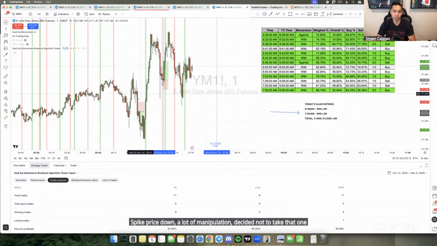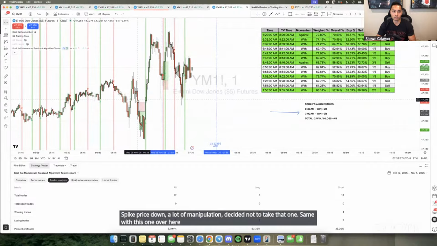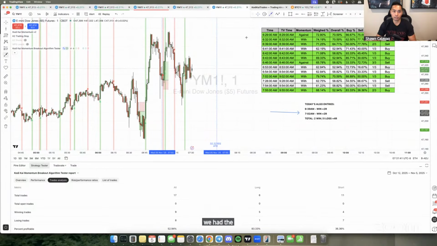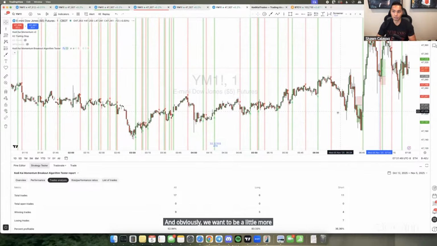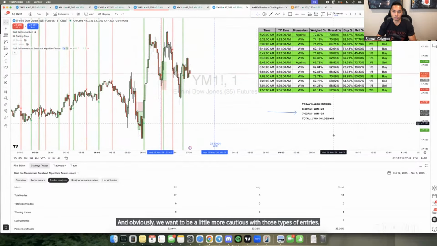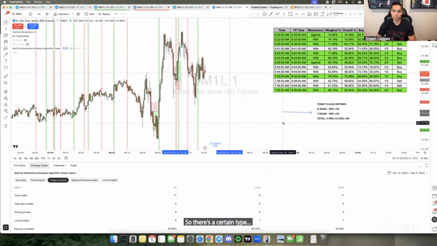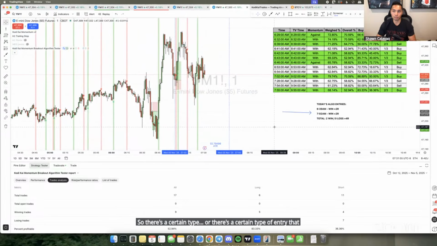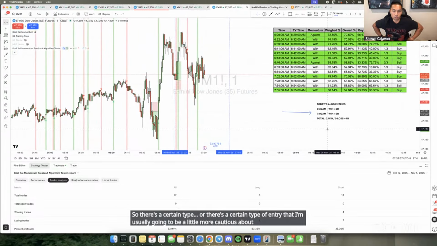Same with this one over here at 639. We had the big, huge candle right here, right? Big, huge candle. It was based off the market open. And obviously, we want to be a little more cautious with those types of entries. There's a certain type of entry that I'm usually going to be a little more cautious about. It's going to be the opening entry because we have manipulation on open and then around news